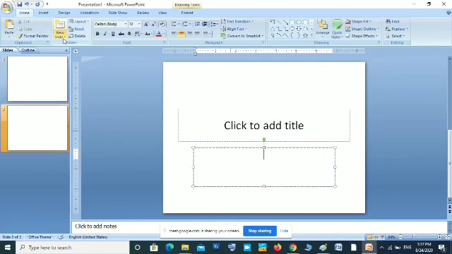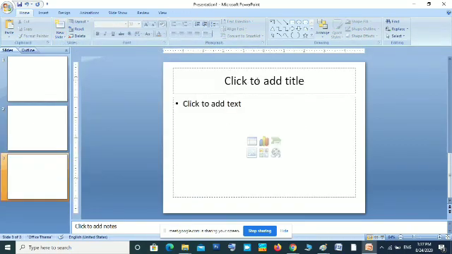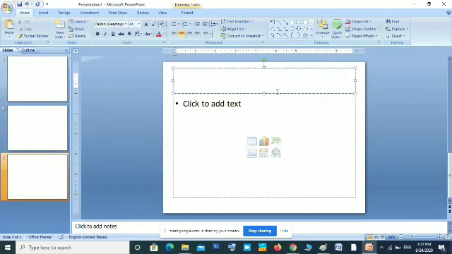Then if you want another layout, just click on New Slide. When you are inserting, you can see the next one is Title and Content. On top you can type the title, at the bottom you can display the content. This is another layout. Here you can click and type the title.